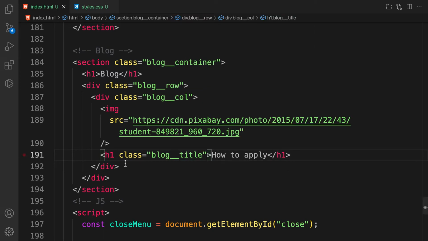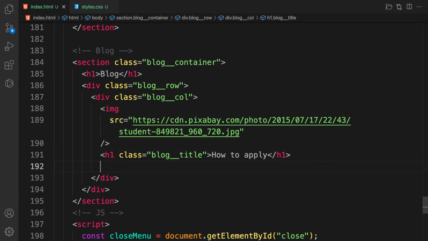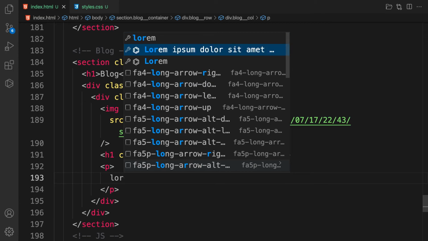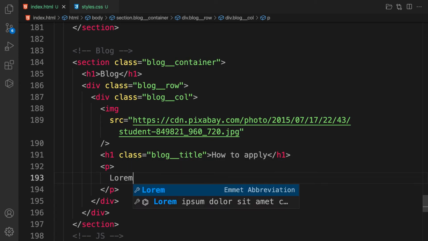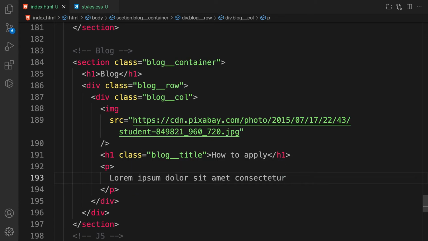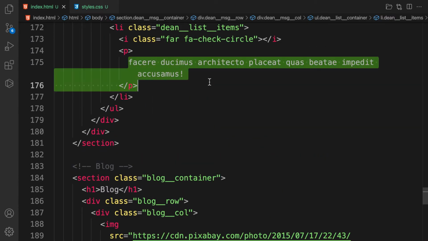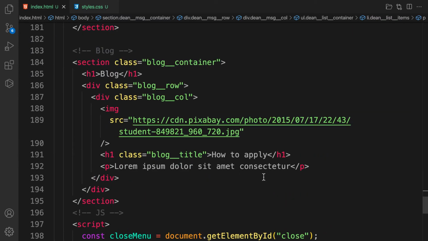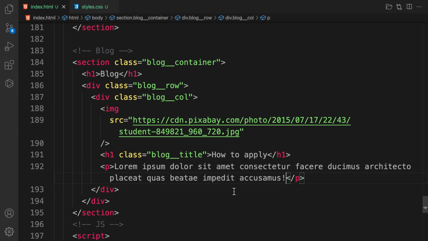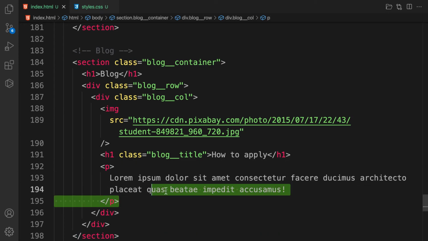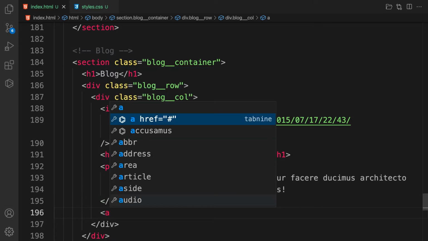And then we have a paragraph of the text, and let's have some lorem text. Okay, we can copy some of the text here and then place it in there. All right, there we go. Okay, so the last thing is, after the p tag, let's add a link tag called href, and